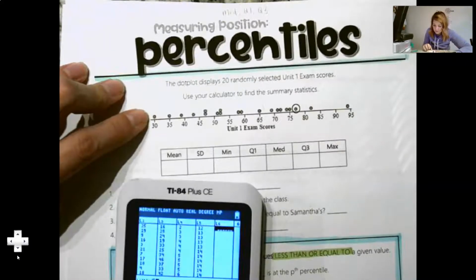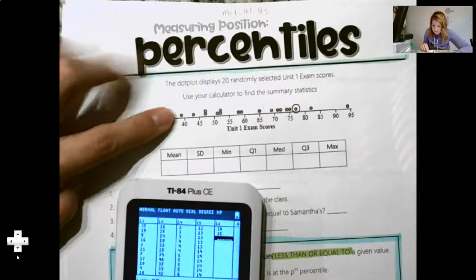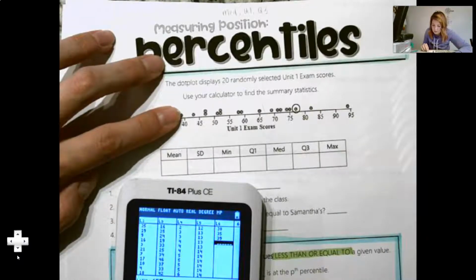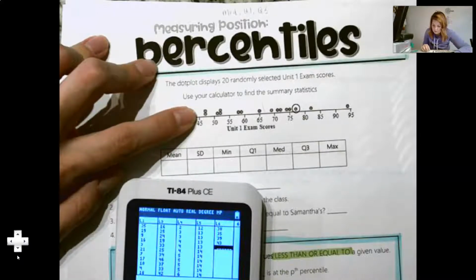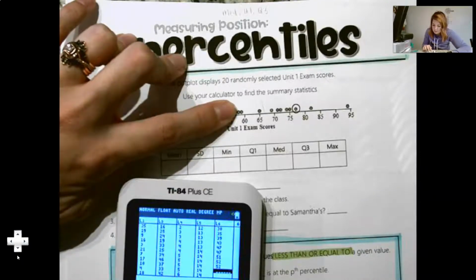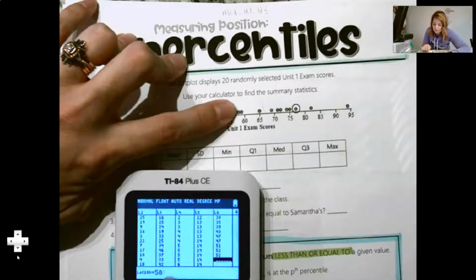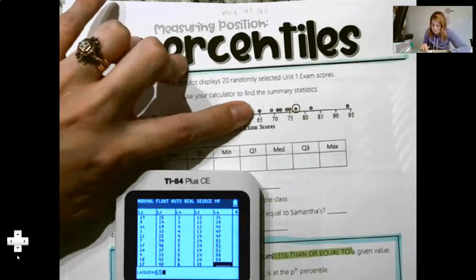I have one at 30, 35, 39, 43, 47, 47, 51, 52, 52, 57, just kidding, 58, not 57, 58. So 52, 52, 58, 59, 65,